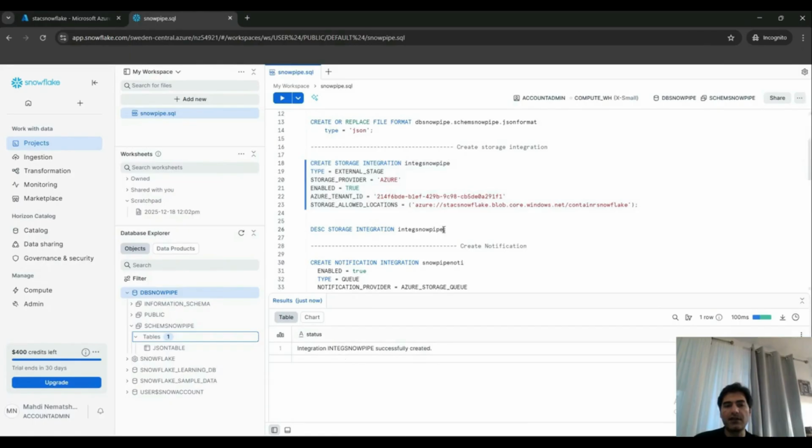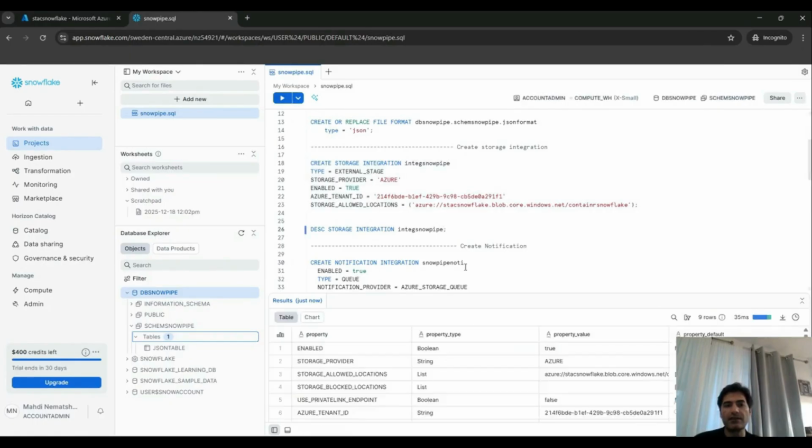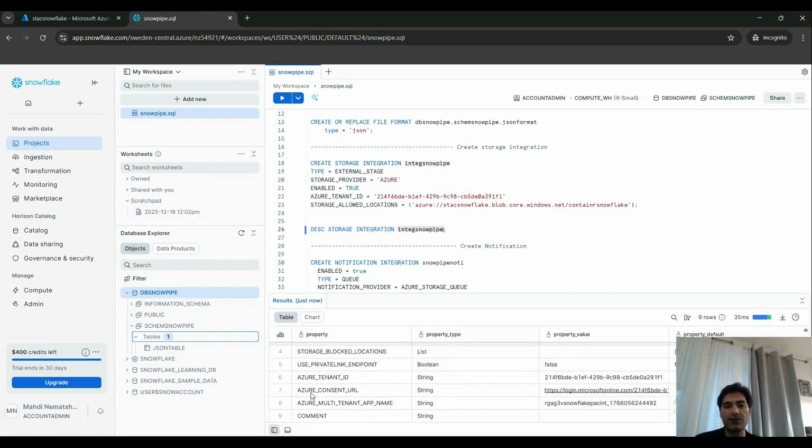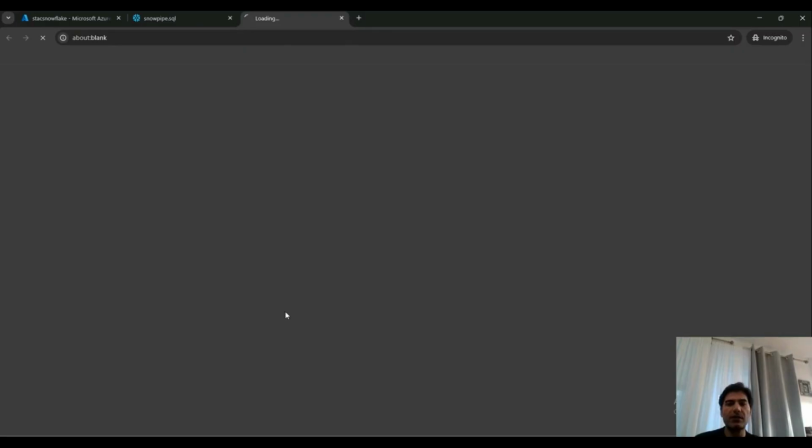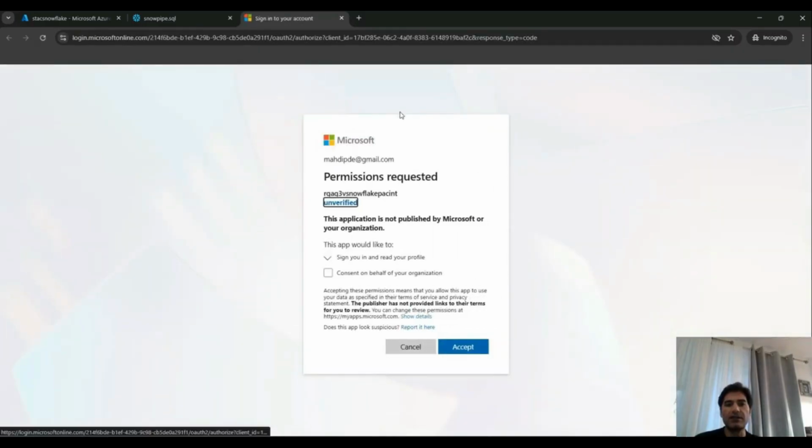When we first run the describe storage integration with the name, we have two options: the Azure consent URL and the Azure tenant app name. The tenant app name is the Snowflake service principal. I will explain how you can use this name. Before that, we need the Azure consent URL. When you click the Azure consent URL, you will be navigated here. This is the permission request. When you click accept